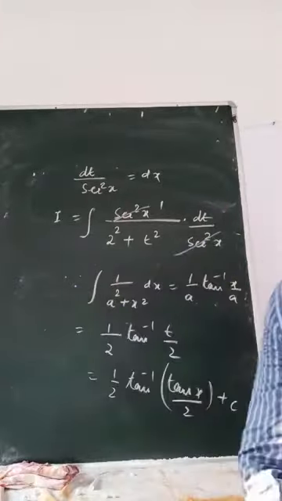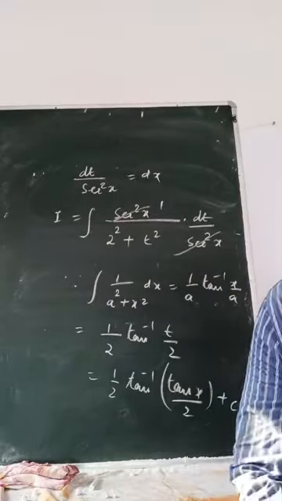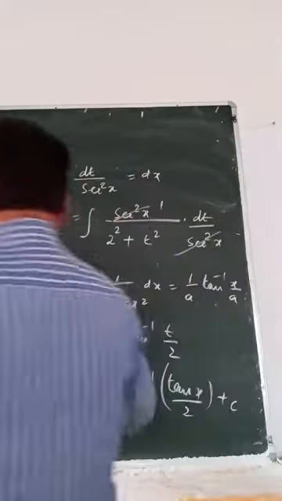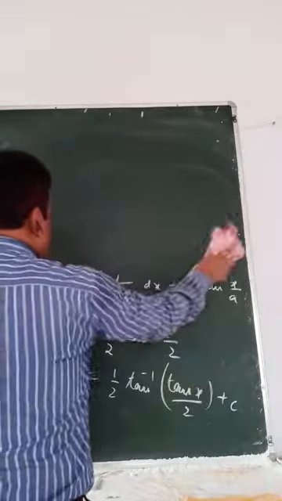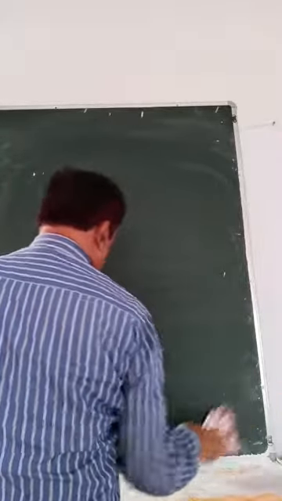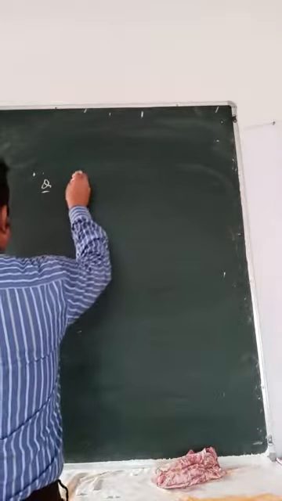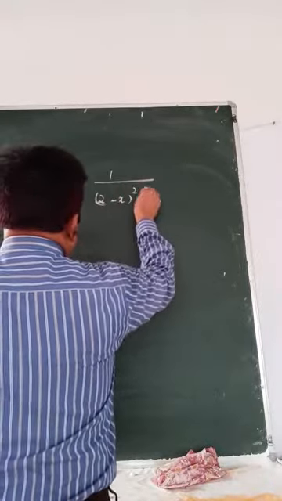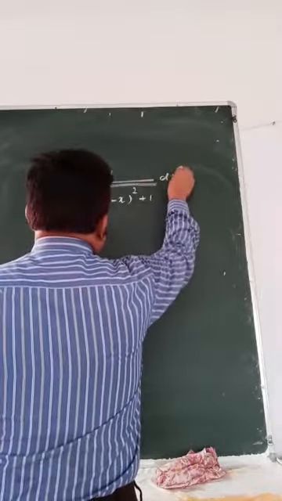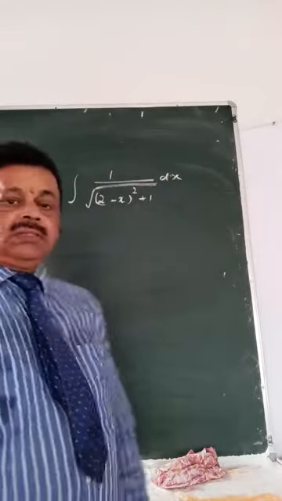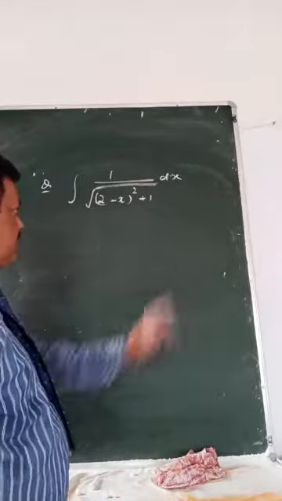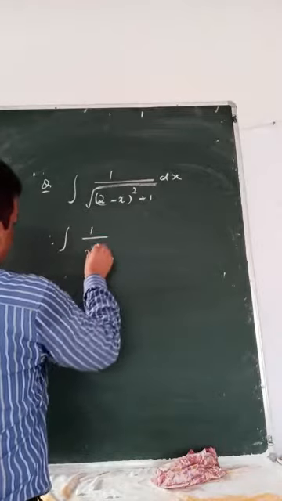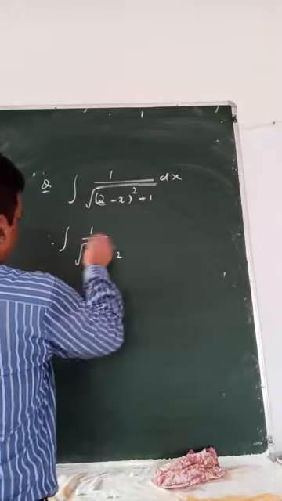So this is the 6th standard formula; you have to practice some more questions. I'll try to give one more question. Suppose I have got a question. This is something different: 1 by root of 2 minus x whole square plus 1. What to do in this? It's similar. Similar to what? This is 1 by root of x square plus a square.